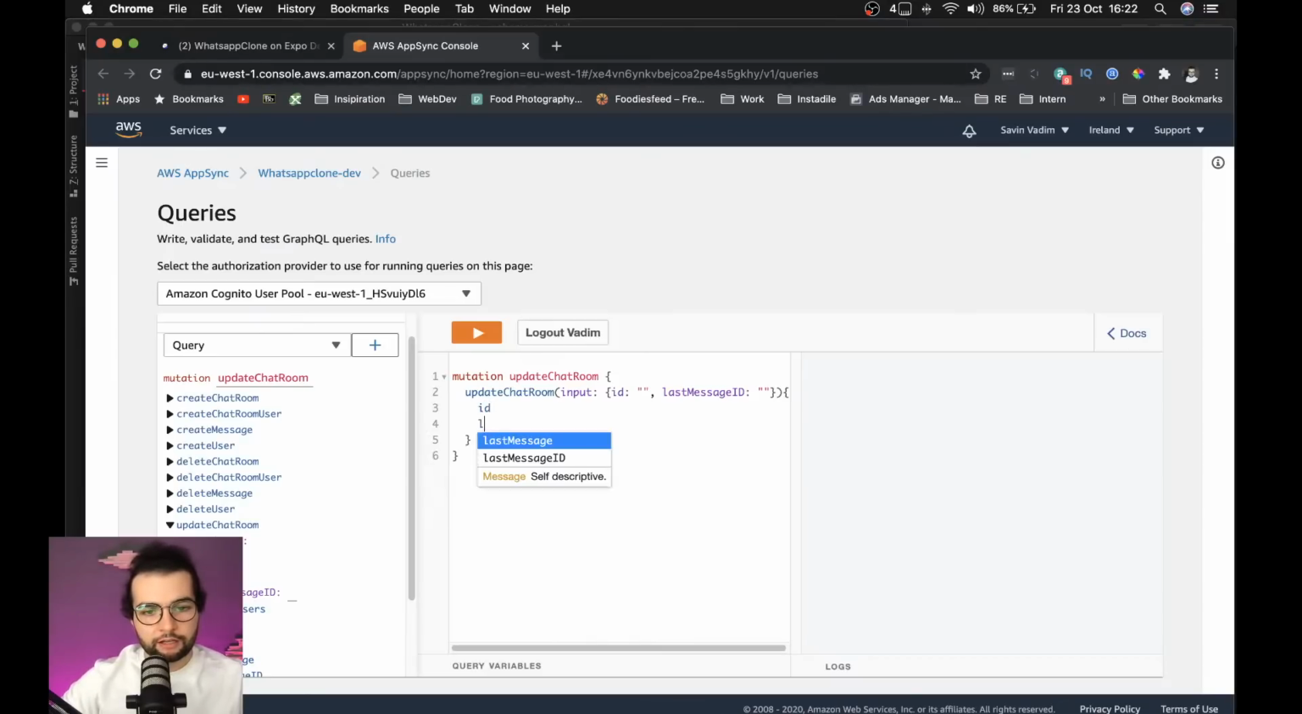ID, last message ID. Then we're gonna query the last message to see if the relationship between a chat room and a message was created successfully. And for the last message ID, content, user ID, name. But before that, let's do